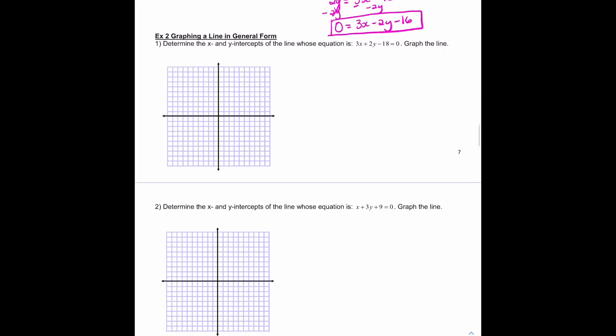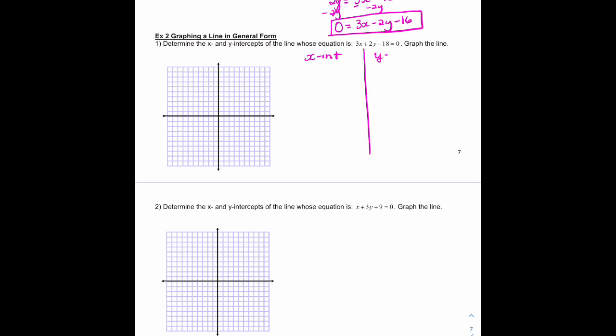Okay, let's try example 2. Graphing a line in general form. So determine the x and y intercepts of the line whose equation is 3x plus 2y minus 18 equals 0, and then graph the line. So what we're going to do, I'm going to make a t-chart. So I'm going to say the x-intercept